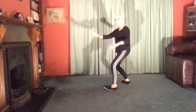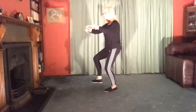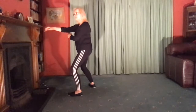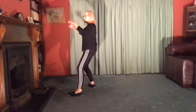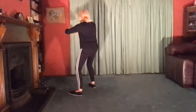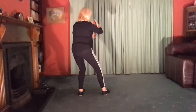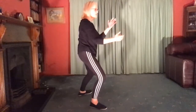And then feel the space between the arms as we sink back. Relax into the left. Sink into the right. Step. And then withdraw, feeling that lovely space around the body. And sinking forward. And then we're just going to turn the heel of the left, opening to cross hands. And then feeling, step around with the right, pull and push,